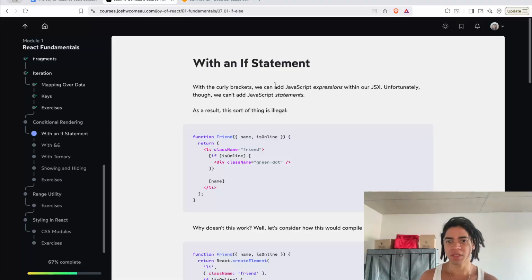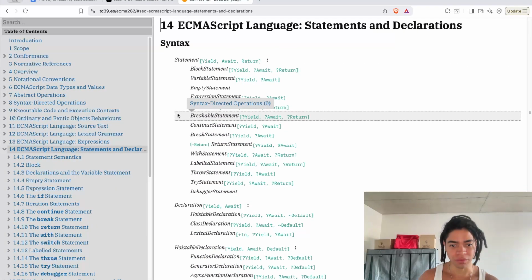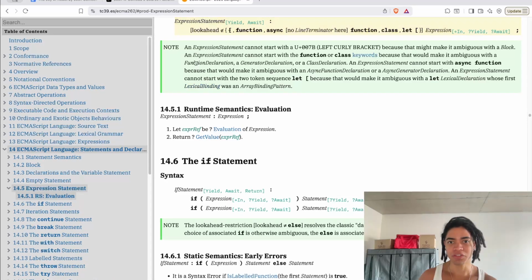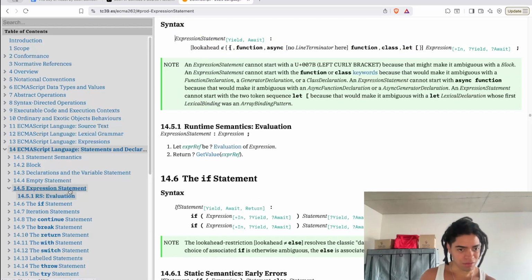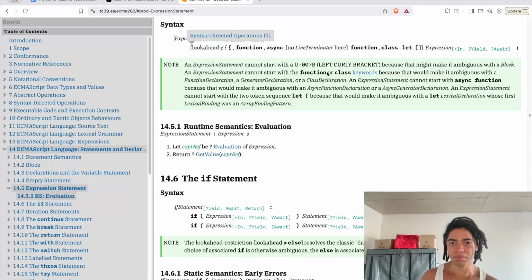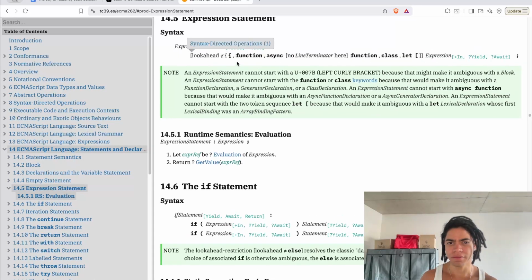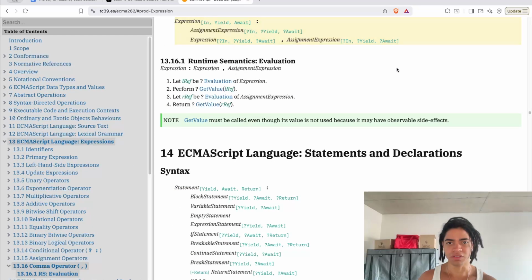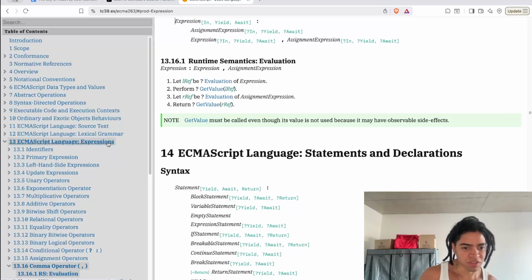With the curly braces, we can add a JavaScript expression, which is an expression statement, okay, an expression statement, which is here in the ECMAScript language expressions,